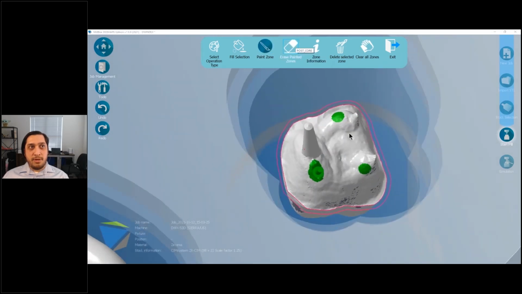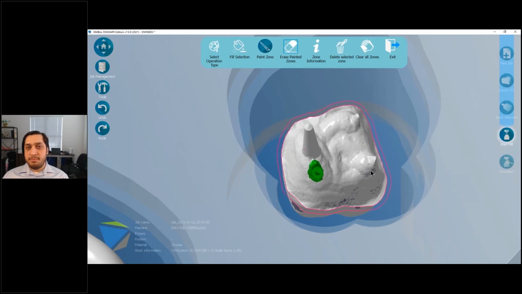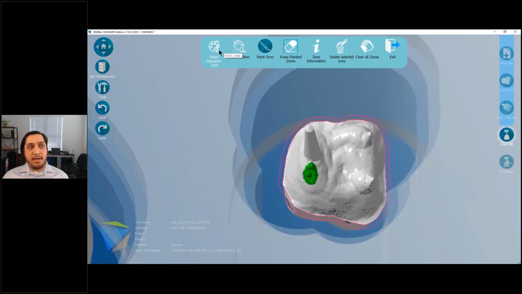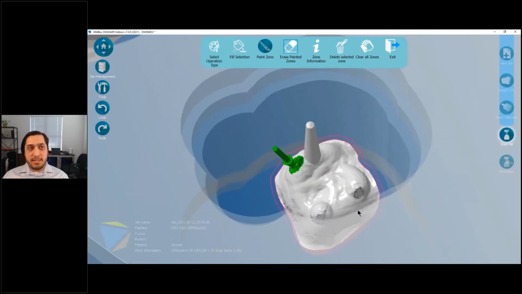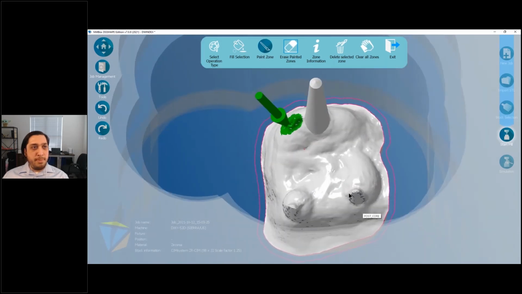What if I want to get rid of this zone? Well, I can just simply go in and delete that zone out like that, and it'll simply remove it. If I want to add another operation, like let's say that these undercuts over here are imperative, I need these to be milled out. I can go to my select operation, and where it says undercut 3+2, I can simply come in here and again just paint the surface that I need, and we'll see a separate direction kind of